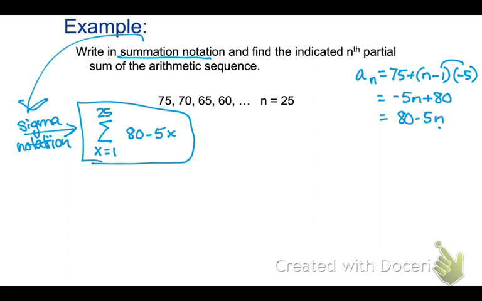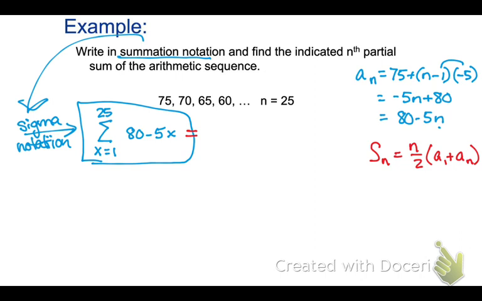Okay, now we have to use our other equation. What is our other equation? S sub n equals n divided by 2 times a sub 1 plus a sub n. Now that you saw the 100 and the 1, are you ever going to forget that a sub 1, a sub n? Hopefully not.